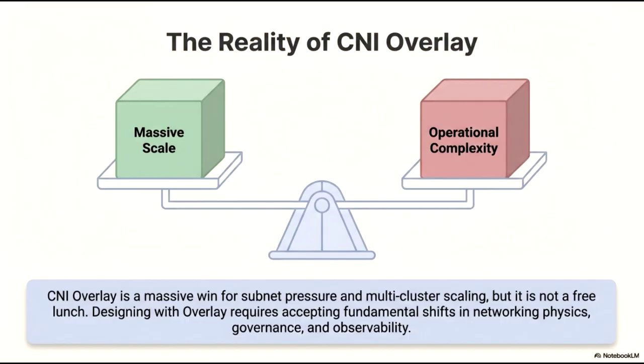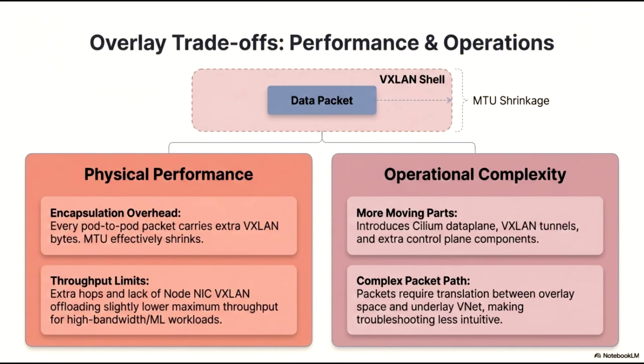abstracted network layer. Let's examine the trade-offs associated with using an overlay network, specifically focusing on physical performance and operational complexity. At the top of the diagram, we see the VXLAN shell. When a data packet is encapsulated, it adds overhead, which results in what we call MTU shrinkage. Because the VXLAN header consumes space within the standard frame, the effective maximum transmission unit for the actual payload is